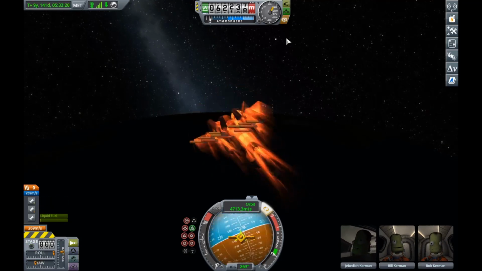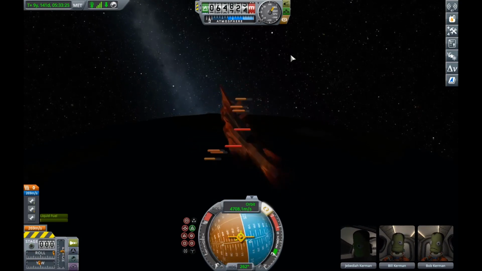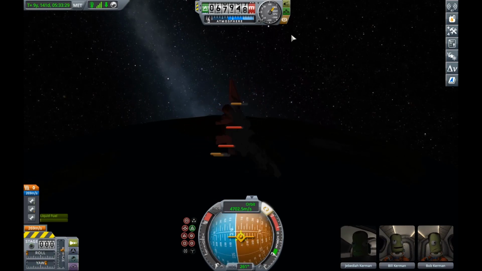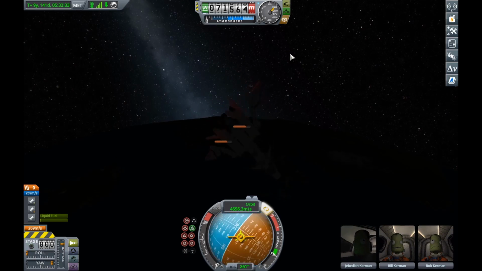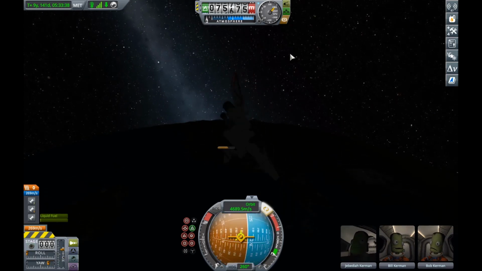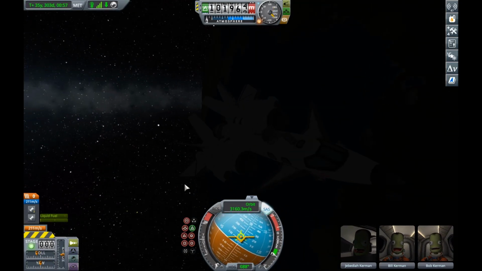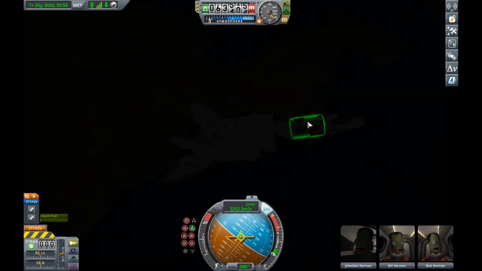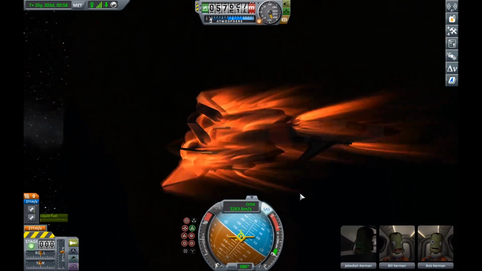The first one here, which is just, it's a thing that happened. It's the fastest one, most dangerous, and the one I set myself up for. And the one that you're going to see in a minute is in fact the final one, which put me into a Kerbin orbit, and then from there I just performed several passes through Kerbin's atmosphere to